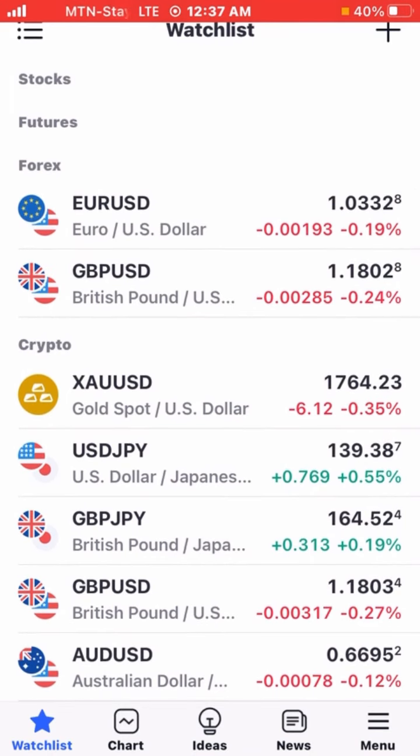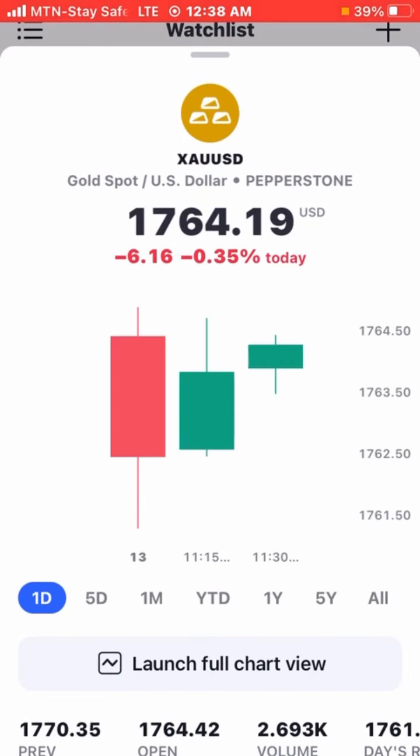In this case, we are going to be drawing a trend line using one particular pair of currency. There are so many here, but I'm going to be selecting one. I'll select gold versus US dollar, which is abbreviated as XAU/USD. As you can see, it's third on my list, so I'm clicking on it to launch it